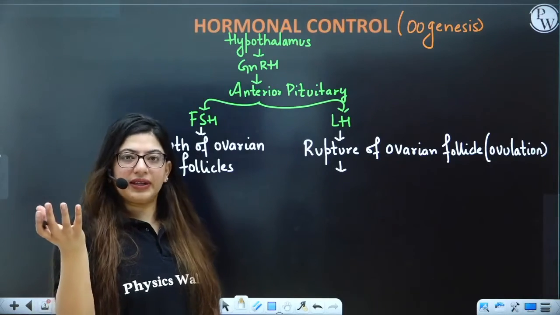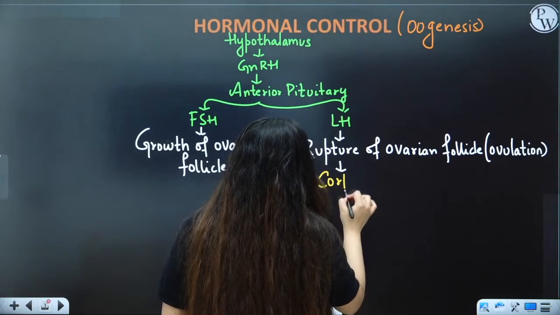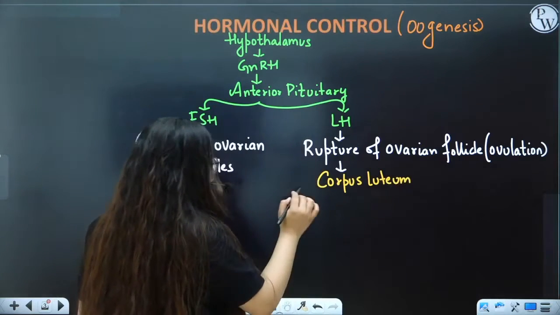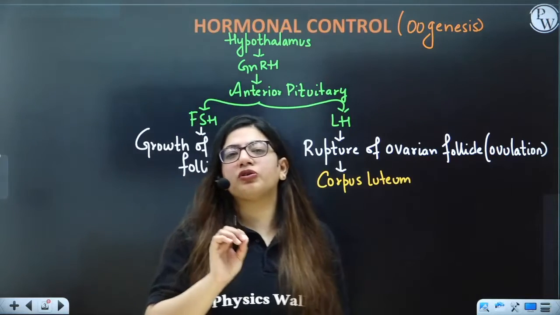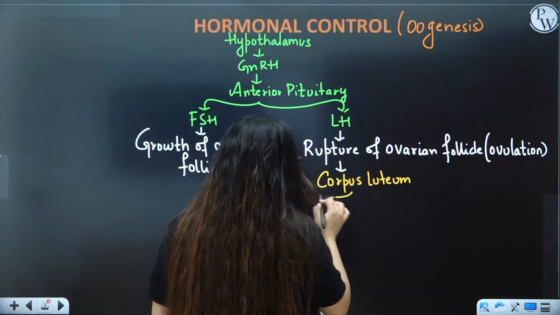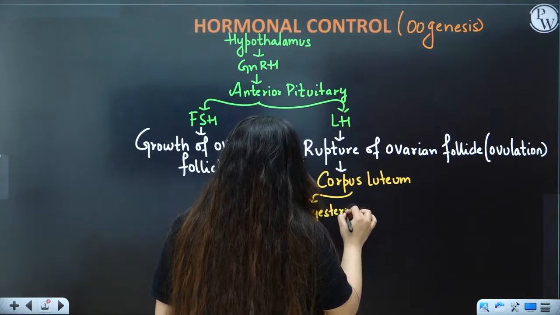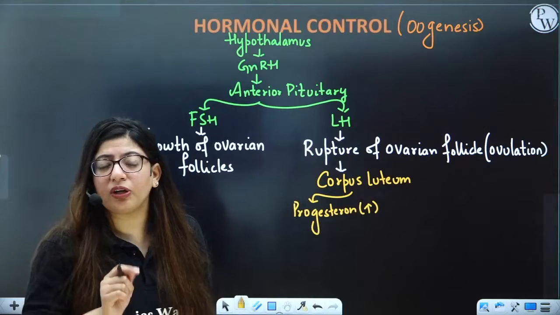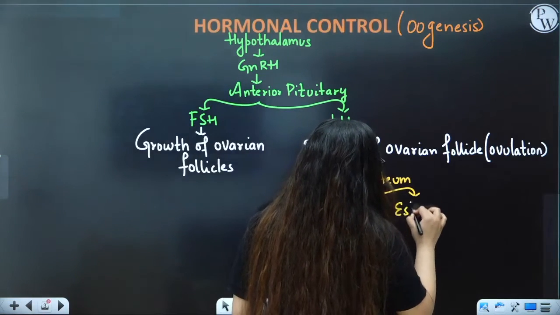Now, after ovulation, the oocyte is released, and whatever is left is known as the corpus luteum. What is formed? Corpus luteum. Corpus luteum is a yellow colored body, and it is an endocrine body. It produces a lot of hormones, but the major hormone produced by corpus luteum is progesterone. So it produces progesterone in high amount. If someone asks you what is the source of progesterone in a female's body, you will say that's corpus luteum. Otherwise, it also produces a very small amount of estrogen,